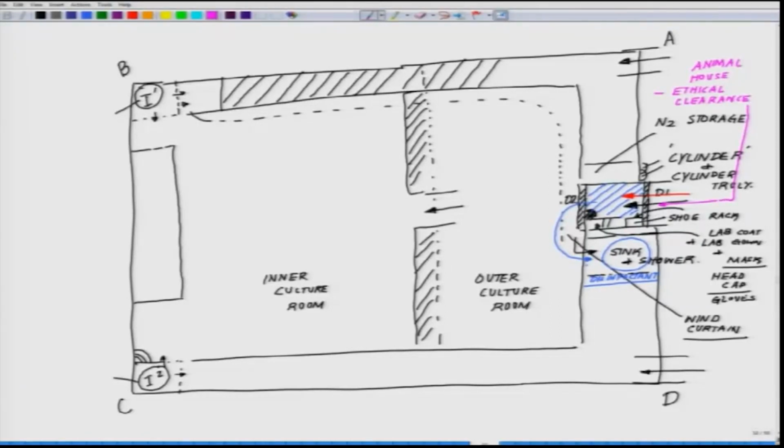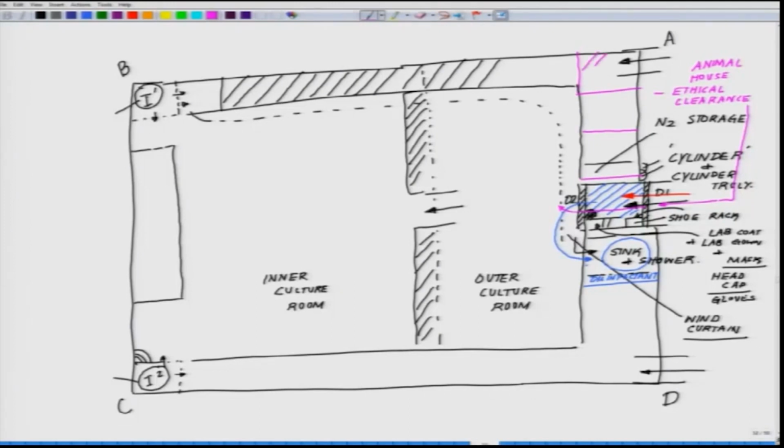So, for example, obviously the animal won't go through all the lab coat or everything, you are just bringing it straight. So, this is the catchphrase. You are getting the animal, you have to dissect it. Knowing this fact, you have decided that the lab is divided in two parts. So, what you can have is, you enter here, leave this. You can have one out here possibly, or in this corner, which may be a better idea, somewhere in